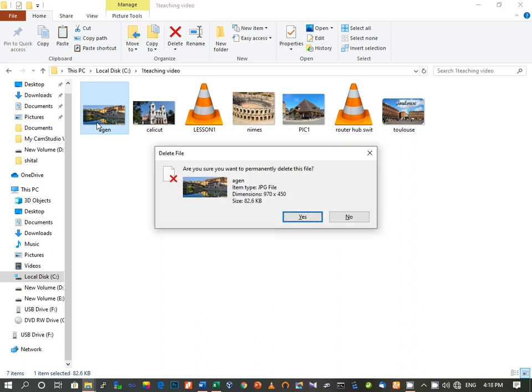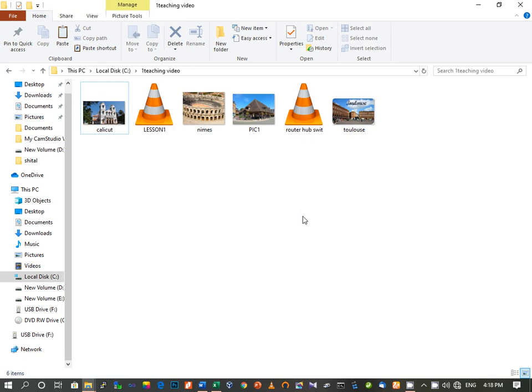Here you can see as when I press Shift and Delete, you get a message, are you sure you want to permanently delete this file? Means when you click on yes, this will be permanently deleted from your system. This file will not be present there even in the recycle bin. So as soon as I press yes, this will be deleted. So these are some of the shortcut keys which you have to study.